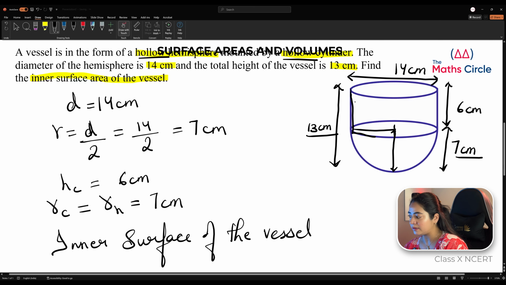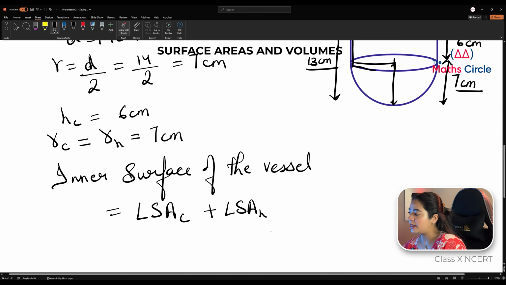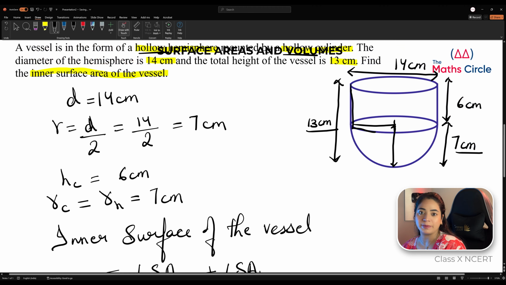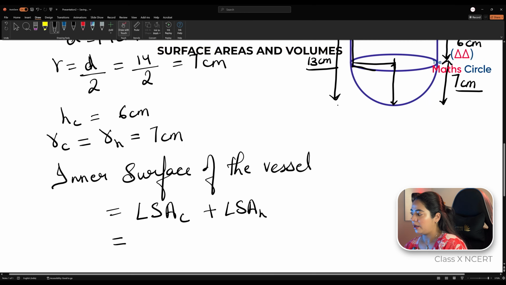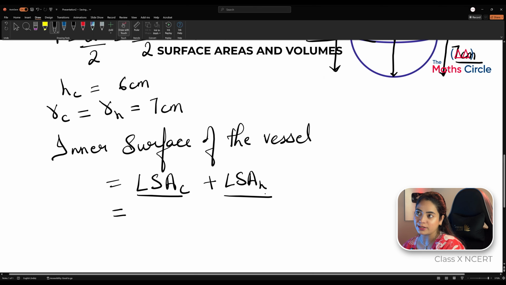This simply implies that we have to take the lateral surface area of the cylinder and the lateral surface area of the hemisphere. This comes intuitively with practice. The more you practice mathematics, the easier you find it to decide whether we have to take lateral surface area or total surface area. And if you need the formulas of these surface areas, you can click on this I button and find our videos on formulas of this chapter, which is summarized for you.